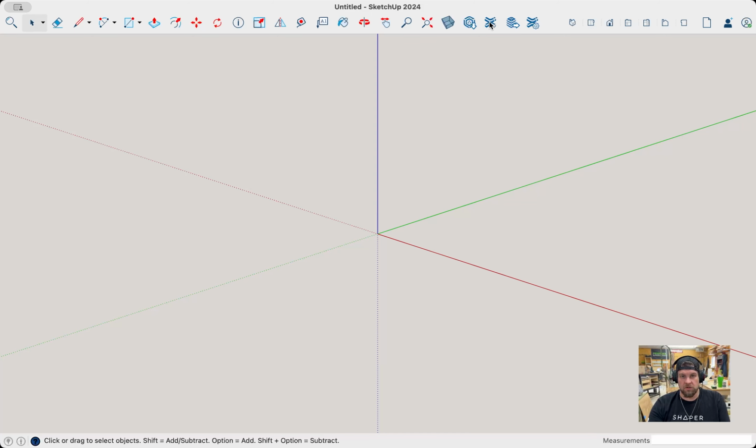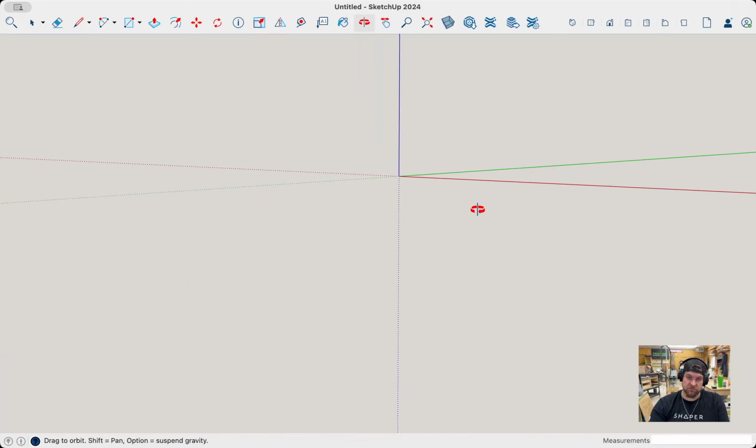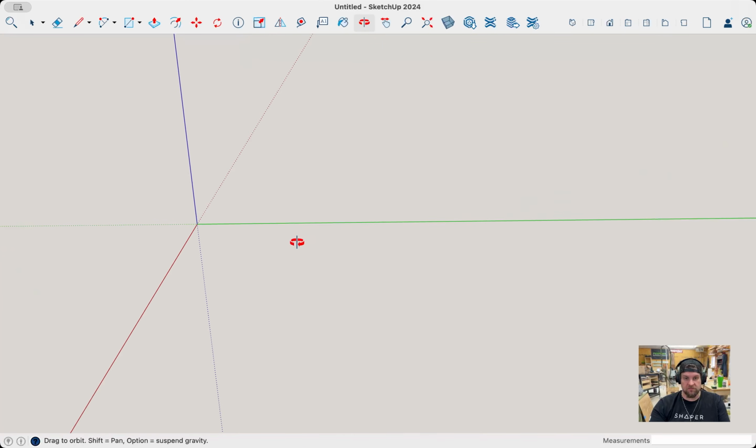And then the other one are extensions. So if you wanted to have some different add-ons, like taking your drawing and turning it into an SVG, that's something I'm researching and trying to get into, because now that I have lasers, it's going to make it a lot easier. But overall, that is the tool set, and that's where familiarizing yourself with SketchUp starts. In the next one, we're going to work on navigation. So how I can do all of this stuff